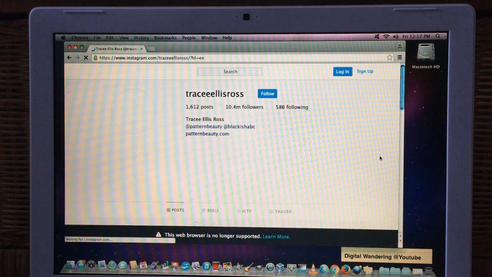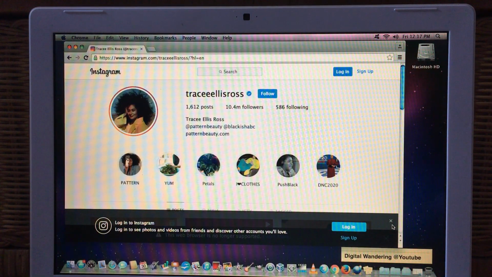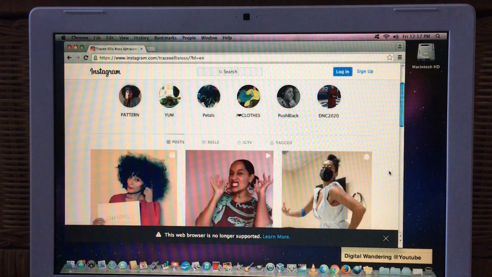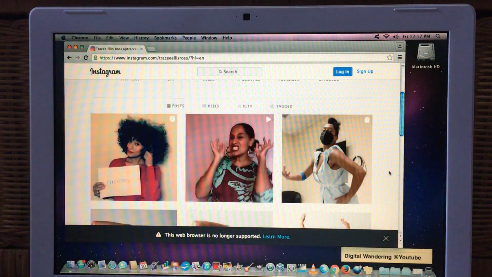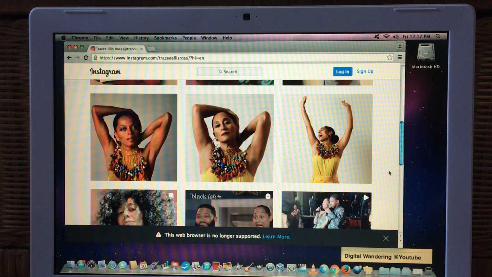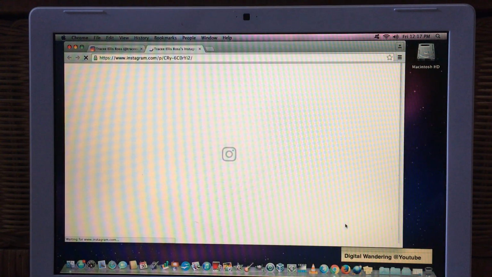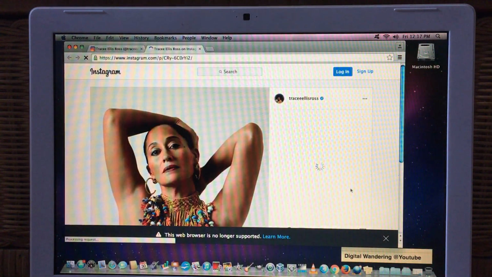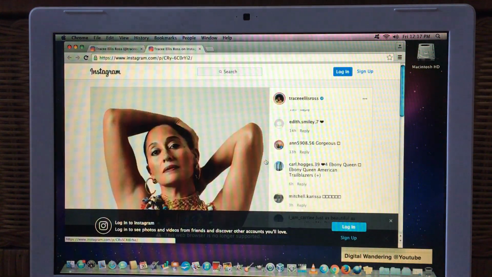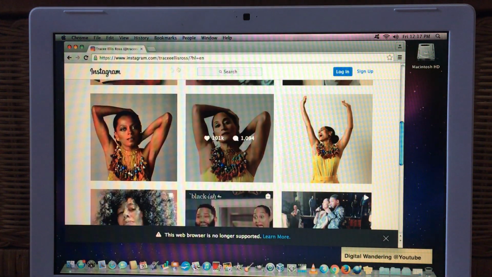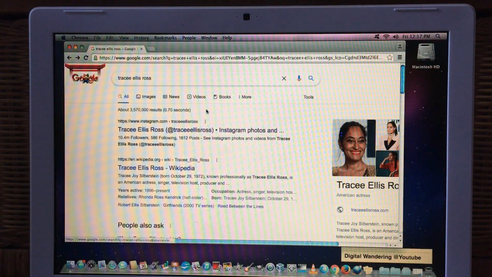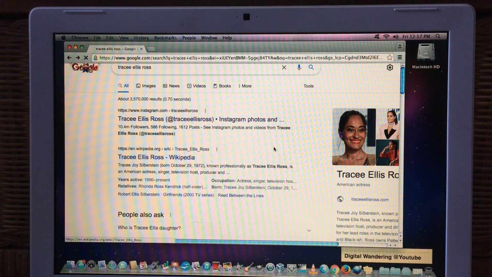Now in 2020 it was, and it looks like it still is, although it gives you a message here that says this browser is no longer supported. It still is allowing us to pull up content here. So Instagram is 100% not accessible from the 2013 version of Safari, but still holding on. We got a Wikipedia result for this